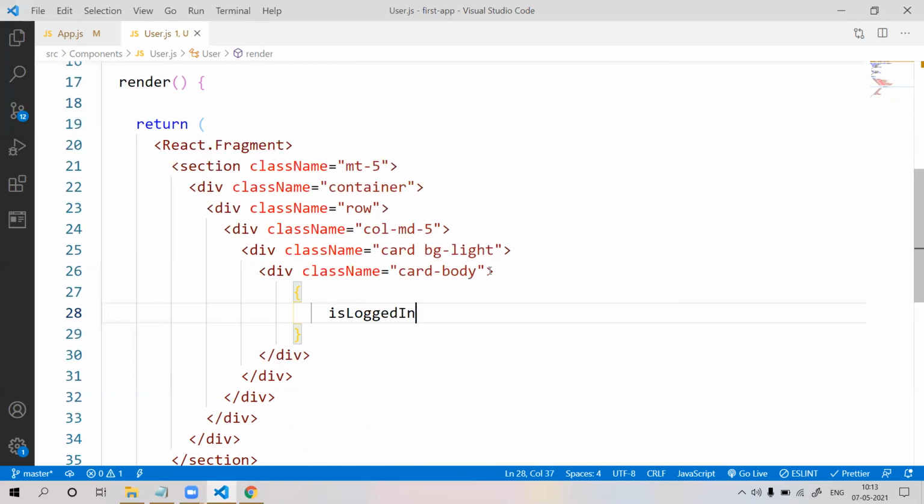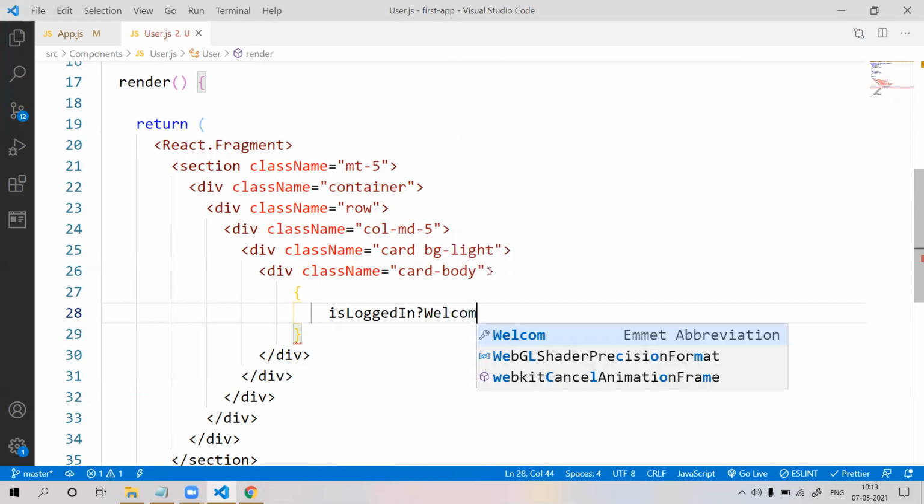If it is logged in, we are defining a ternary. If isLoggedIn is equal to this, then display welcome user in H1, otherwise display welcome guest. Okay, we can define like this, welcome user if it is logged in.